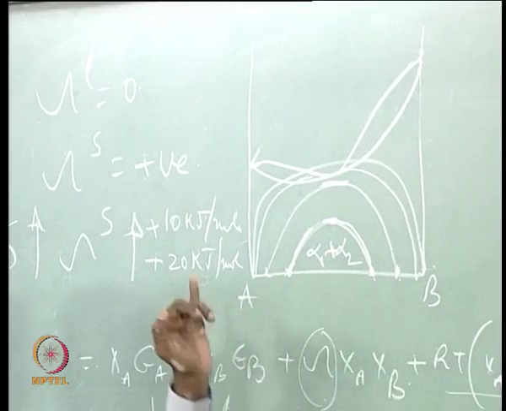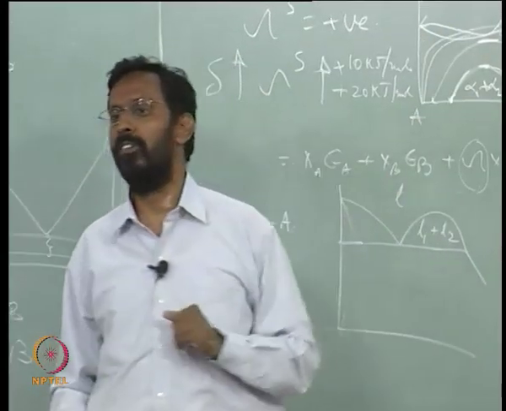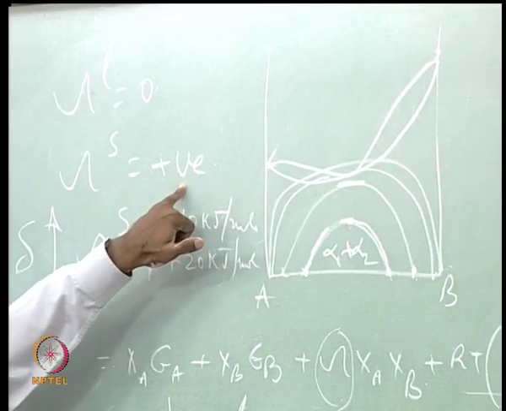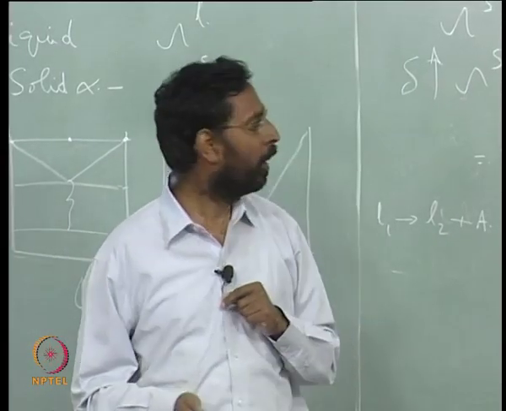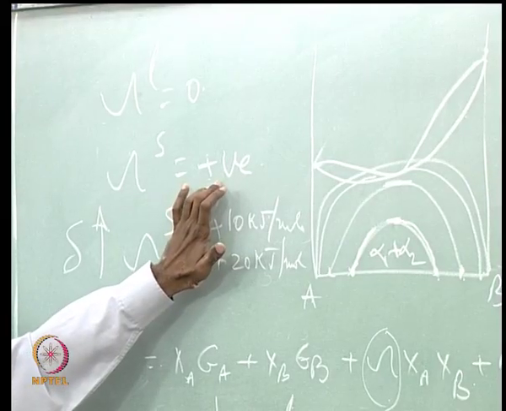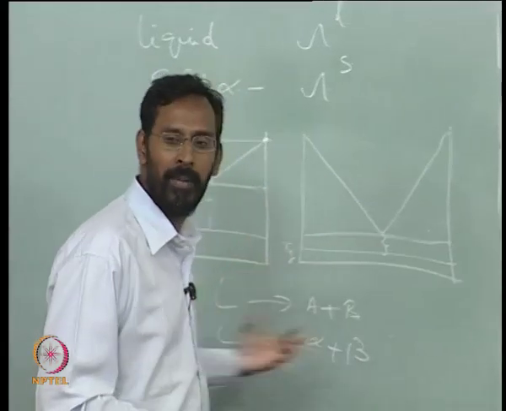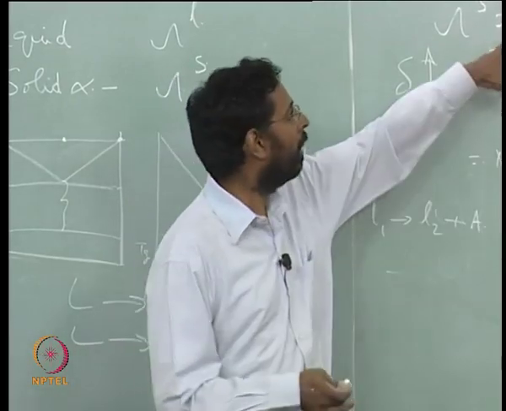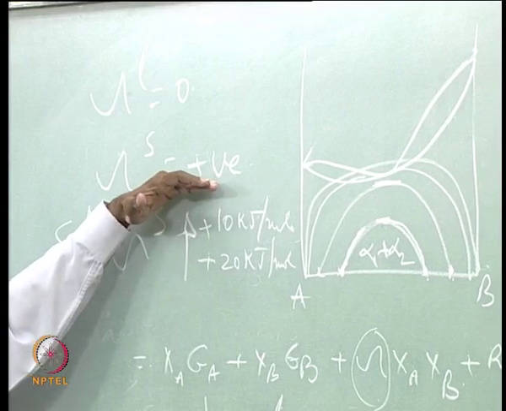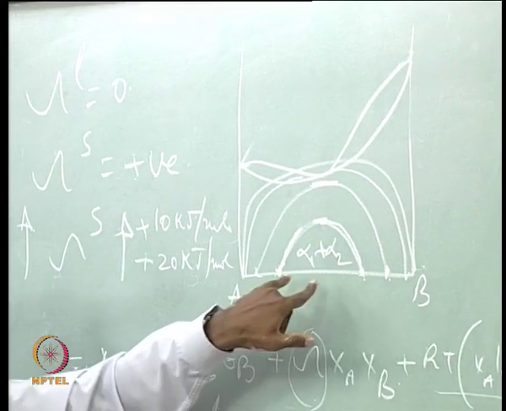We are only talking about A and B having the same structure, but with different atomic sizes, such that you are getting a miscibility gap, whatever may be the parameter, whether it is atomic sizes or valency or electronegativity, but ultimately giving a positive omega s. We have only taken size factor as one of the parameters, because it is easy to understand based on the strain, whereas I can also choose electronegativity or valency, but again everything gets reflected in this. If this becomes positive, you get a miscibility gap, though A and B have the same structure,